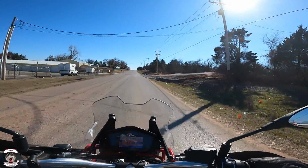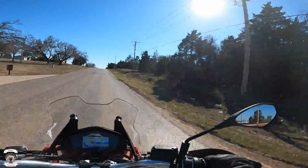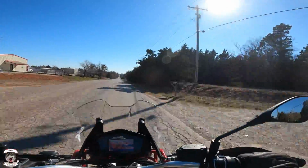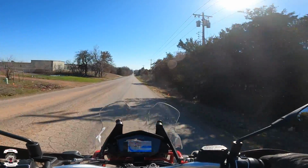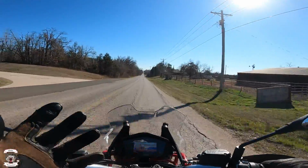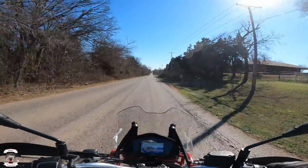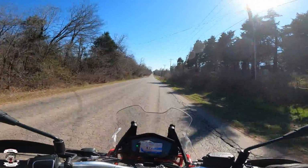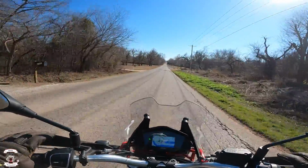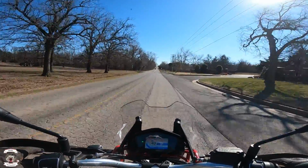And that is what this thing excels at in all the right ways. This is a motorcycle that is very hard for me to put away after the end of a day. I want to keep on riding. I want to keep on going because it's so inviting and so easy and comfortable to ride. Maybe it's because it is the underdog. Maybe it's because not everybody has understood what Moto Guzzi is and the brand and what they bring to the table, but this thing